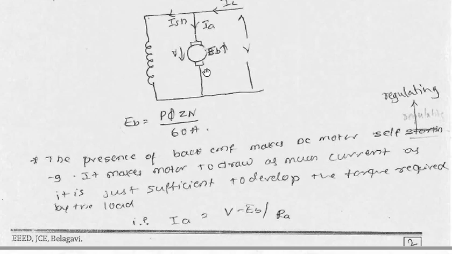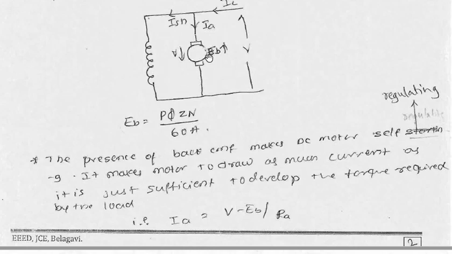When it is running on no load, automatically the torque required is less, so the amount of current it draws is less. Now when this particular motor is loaded, on the shaft we put the mechanical load. As we increase the load, the torque that would be required to handle that particular load has to be increased. So to increase that torque, we have to increase the armature current, right?